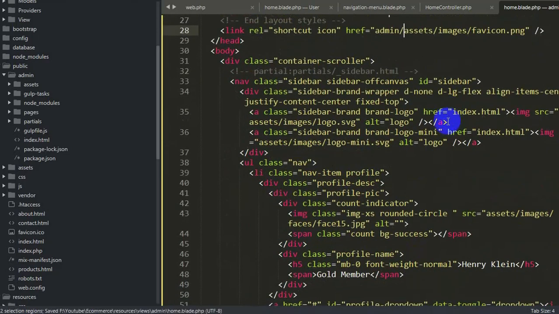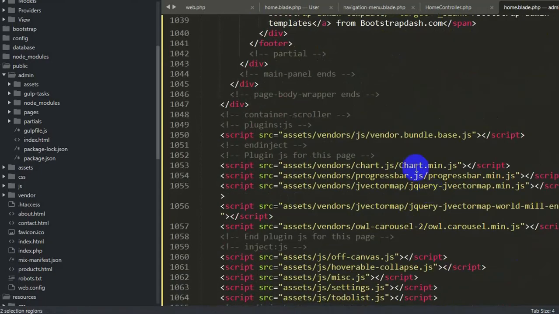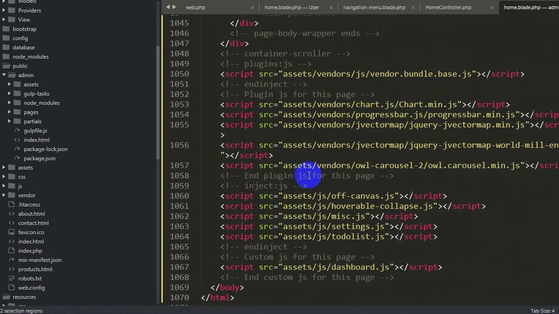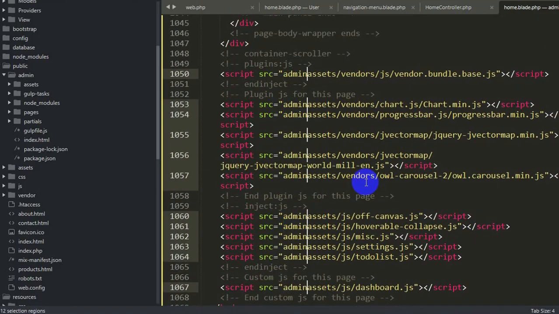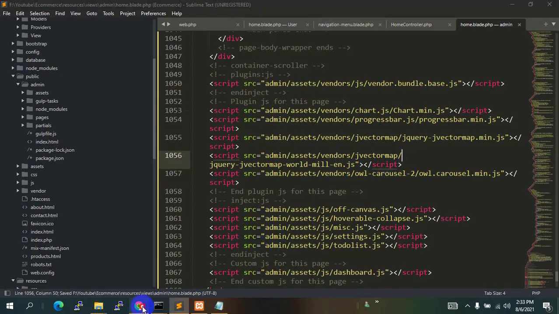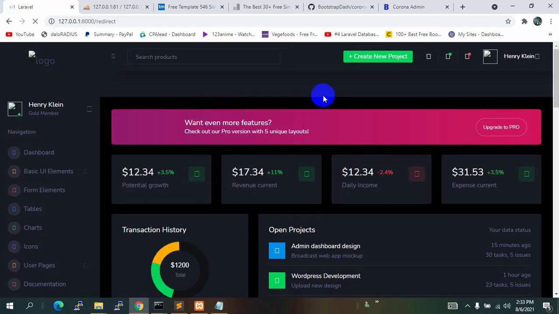Now let's save it. Let's go down and check if there is any link over here. Yes, there is. So we'll go to the end of our code. Now we'll also add admin slash over here as well. Let me just select everything and say admin slash. Let's save it, Control S. Now if we refresh, we will be able to see something like this over here. So this is the admin